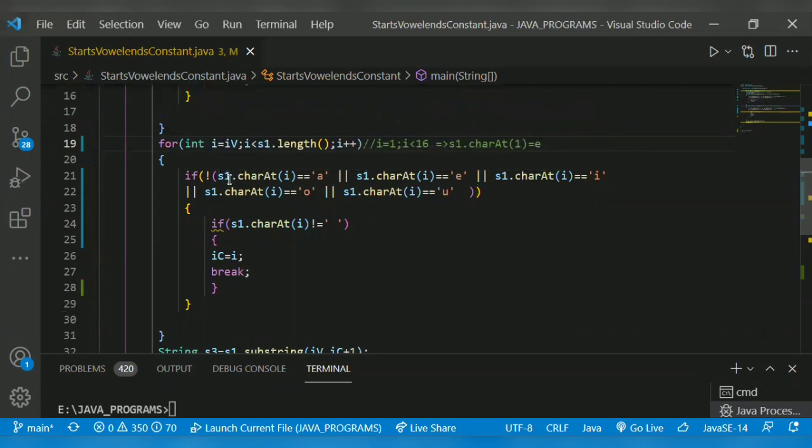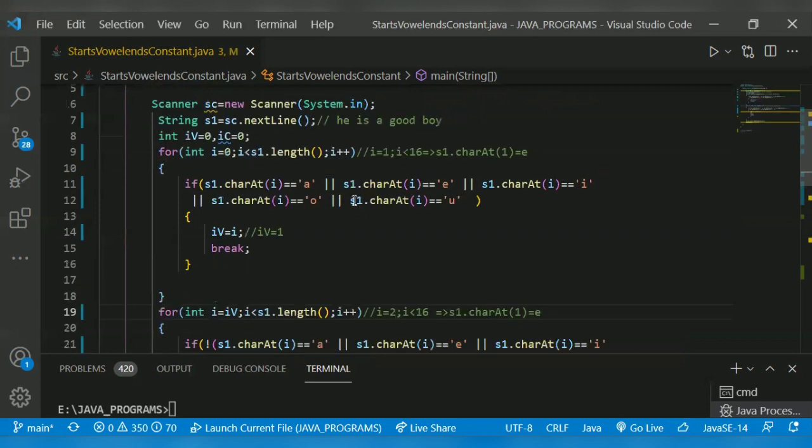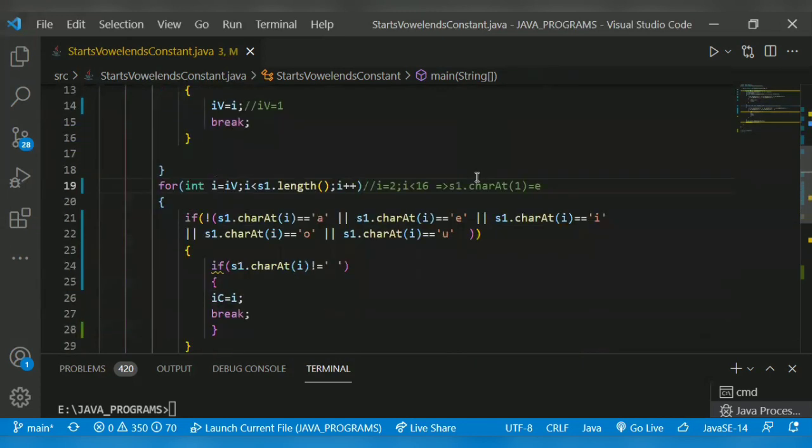So it will not go inside the if condition, and i gets incremented to 2. In the previous for loop, we found where the vowel starts. In this for loop, we have to find where the string ends, where we find a consonant. So we run it like the previous for loop.